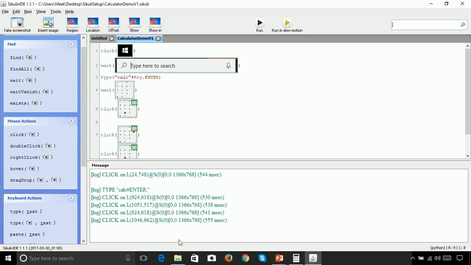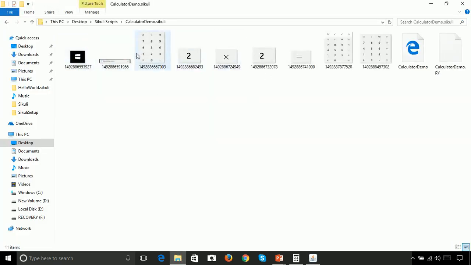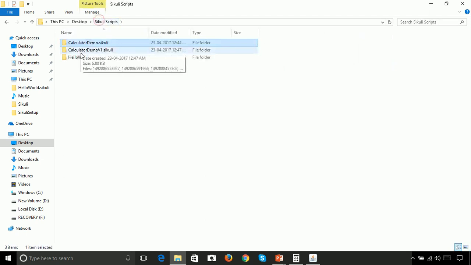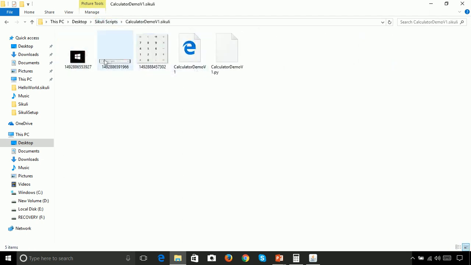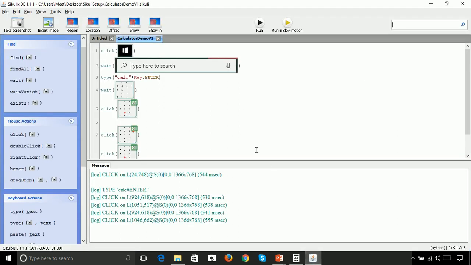Now let's see what is the difference between the structure of these two calculator versions. Here, as you have seen, there are multiple images used and there are duplicate images also, right? In our case there are only 3 images, and there is no overhead of images. All the things belong to only one section, so we can use only one image. It will make our work easier and our file smaller. So this is how we can make our script efficient, using these two features of patterns, that is similarity and target offset.